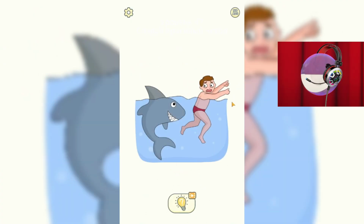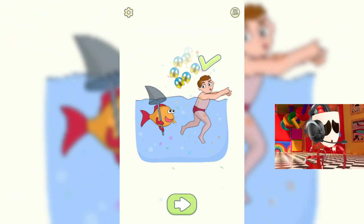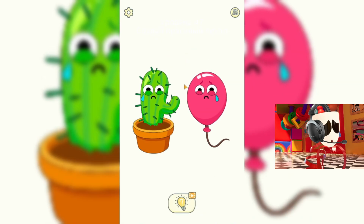Cool. Oh no! A giant shark wants to attack this guy. We urgently need to remove it. Oh, just look! It turns out this little fish decided to troll this guy. And now this guy is finally safe. Cool. We were able to help him, and now we need to help these guys so that they can be